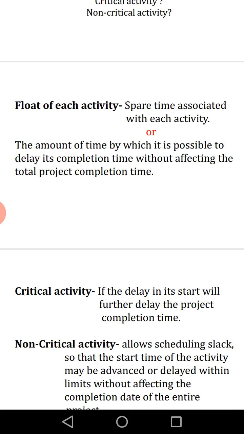So the amount of time by which it is possible to delay its completion without affecting the total project completion time. So float of each activity refers to the time period by which one particular activity can be delayed without affecting the total project completion time. That is what you call the float of each activity.